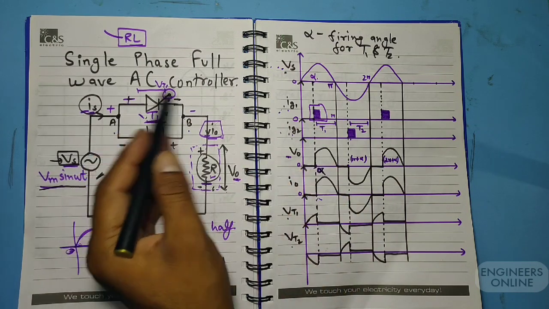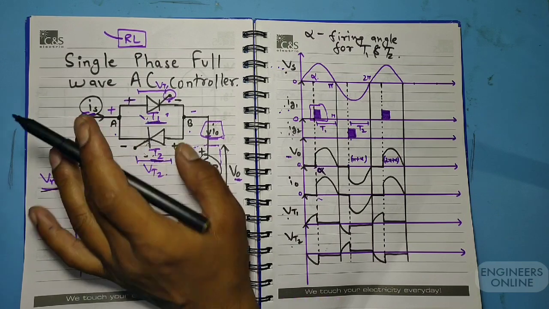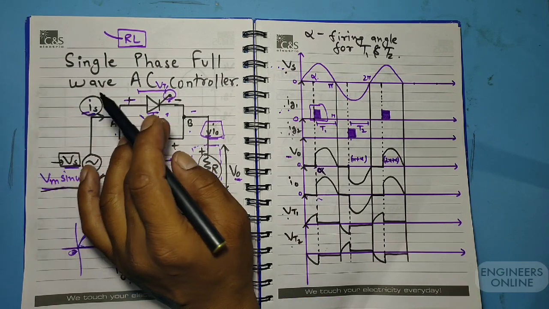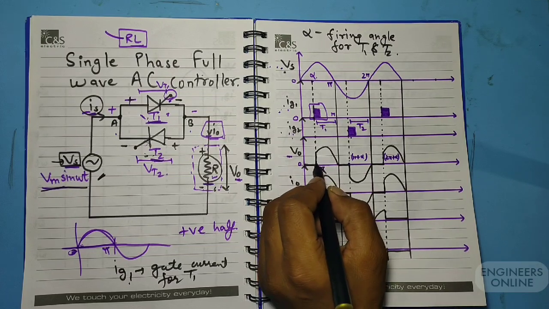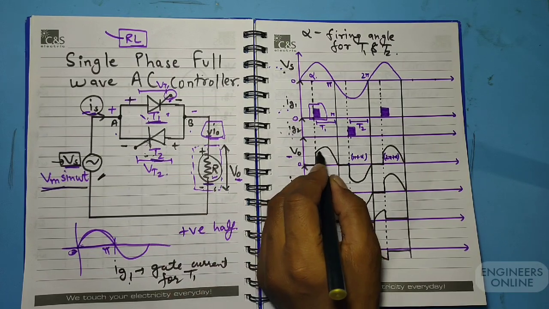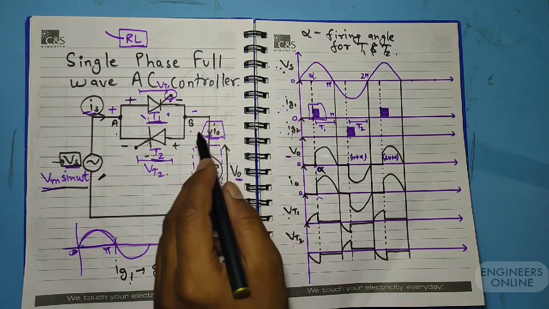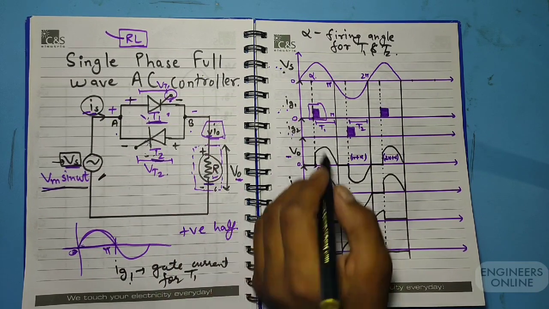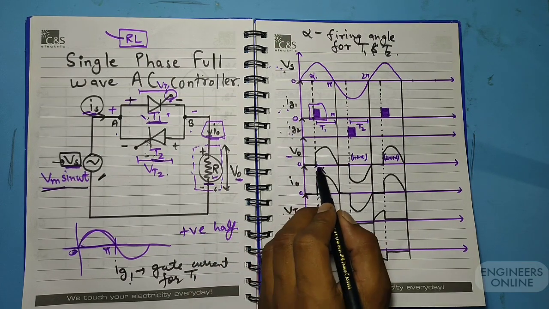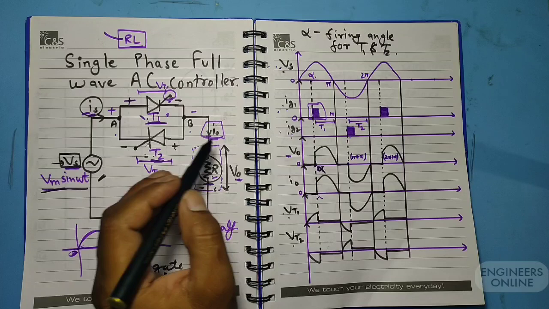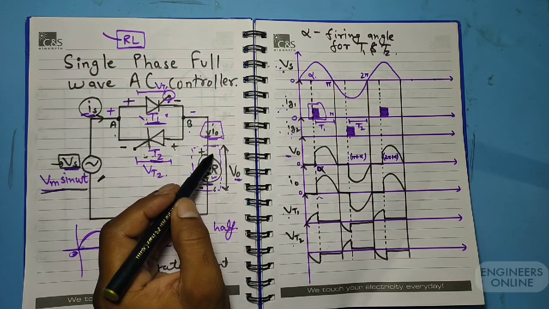After the triggering pulse is given, the thyristor starts to conduct. As it is in forward bias for the first cycle, T1 starts to conduct, and just after alpha, we can see that we are getting voltage across the resistor and current also through the resistor. Now, what is VT1 and VT2? From 0 to alpha, there is no conduction, so there is no voltage drop and no current flowing through this resistor.